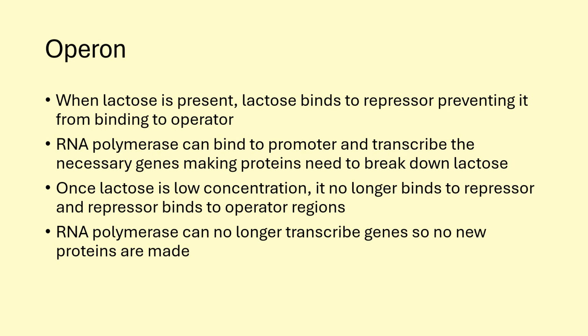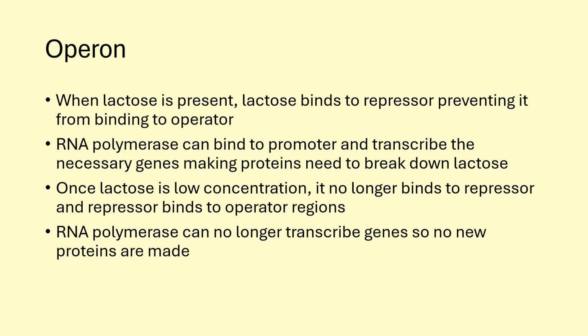When lactose is present, lactose will bind to the repressor, and because lactose binds to it, the repressor changes shape and it cannot bind to the operator. So lactose is preventing the repressor from binding to the operator. Nothing's on the operator region now, so RNA polymerase can bind to the promoter. It can pass right over the operator region because nothing's there, and you can have transcription occur, then followed by translation,